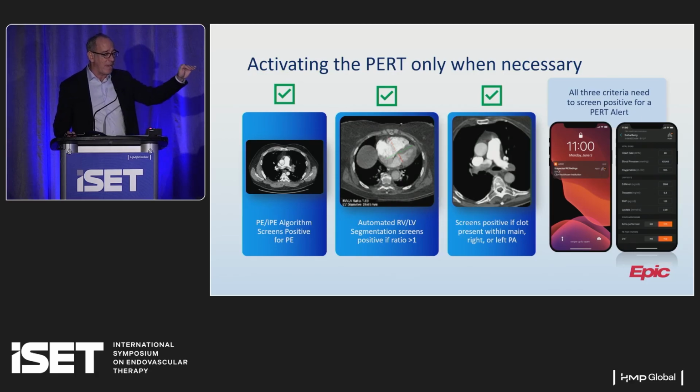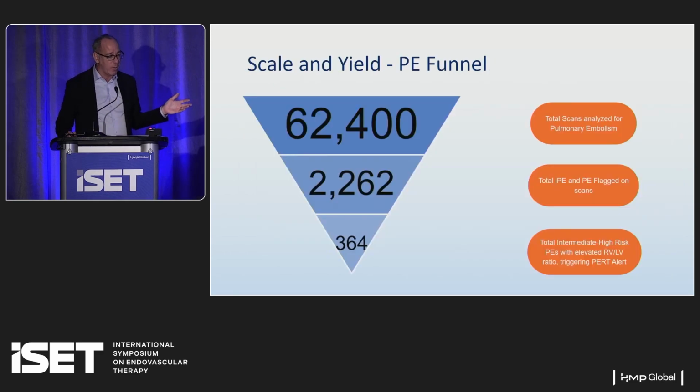And so again, that puts you at a minimum into intermediate high risk or possibly high risk, and those are the only cases that we are notified. Just in the last 18 months or so, since we've turned on the entire package, we've analyzed 62,000 scans, and of those, the notifications are only 365. So we're getting about 1 a day.